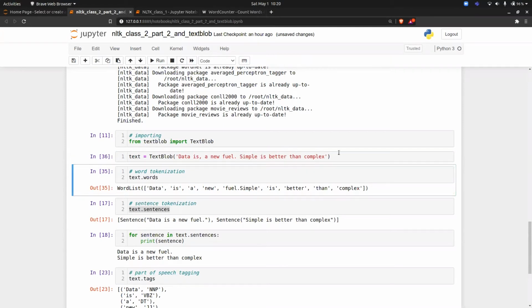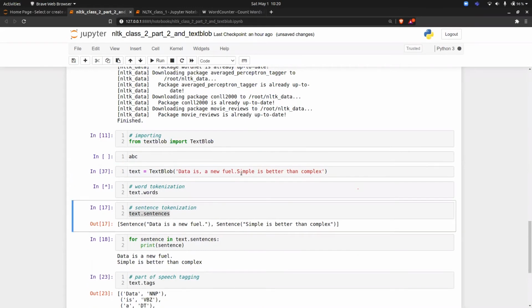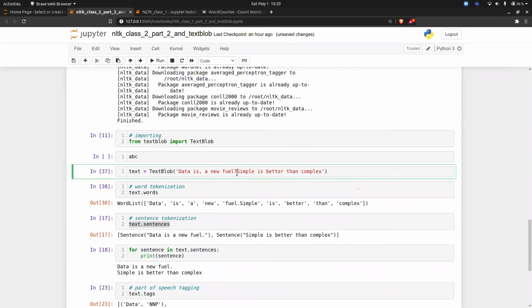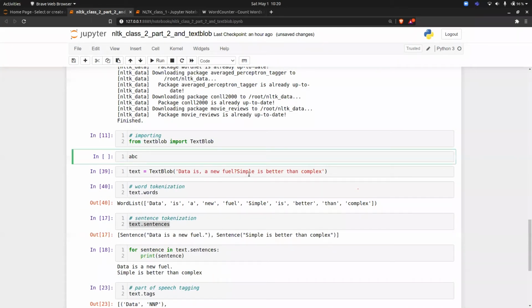Just tell me one thing. Suppose I'm typing ABC dot ABC. You're saying that when I put a dot like this, I'm getting a single word, but if I use a question mark, I'm getting a different result, right? This is what you're saying. So I will tell you what they are doing behind the scenes. Have you seen any word with a question mark in it? Suppose my name Afsan, question mark, and Afsan. Have you seen something like this anywhere?